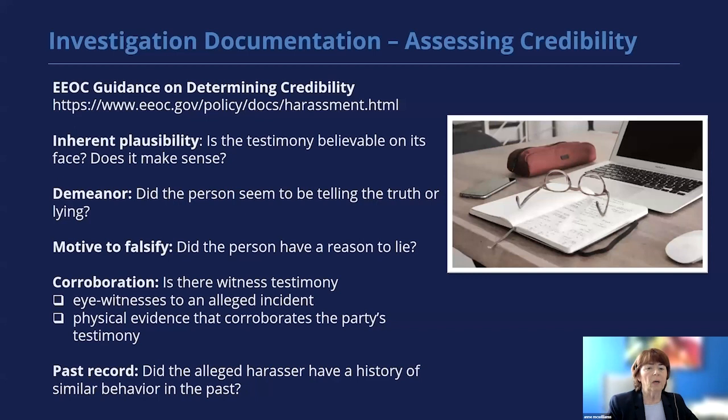Is there a motive to falsify? Does that person have a reason to lie? And is there corroboration of what any of the witnesses said? Is it corroborated by eyewitnesses to the event or by physical evidence? And lastly, look at past records. Did the alleged wrongdoer have a similar